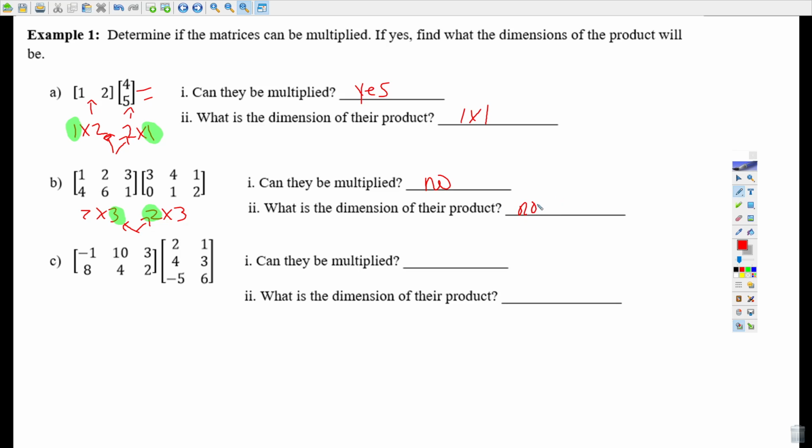I'm just going to write none. Not possible. Which is good because then we actually can't multiply them together, and there's no reason to try. And for the last example,